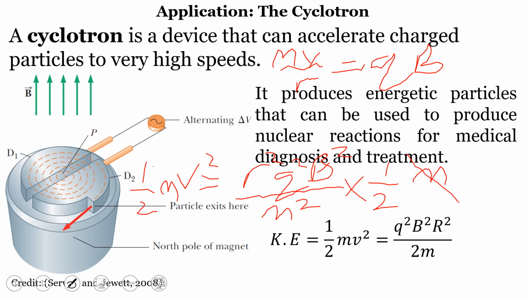The m cancels m squared, it remains m. Then what we have here is Q squared, B squared, r squared over 2m. So the kinetic energy can be determined